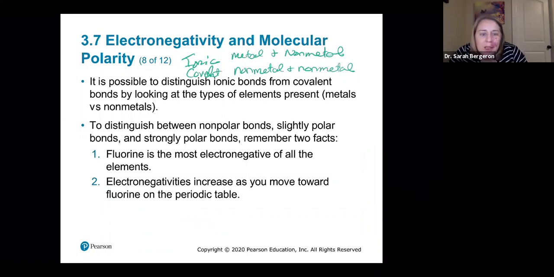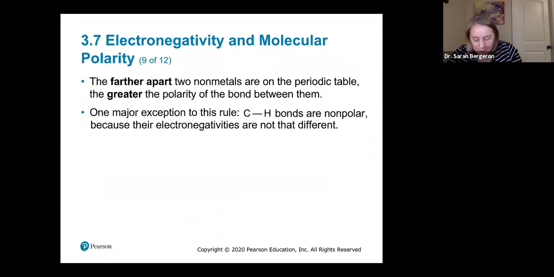If you remember fluorine the floozy, that is the most electronegative of all the elements. Electronegativities increase as you go across towards fluorine or you go up towards fluorine, so you'll be able to figure it out. Not a big deal. So the farther apart the two nonmetals are, the greater the electronegativity difference and therefore a greater polarity, except